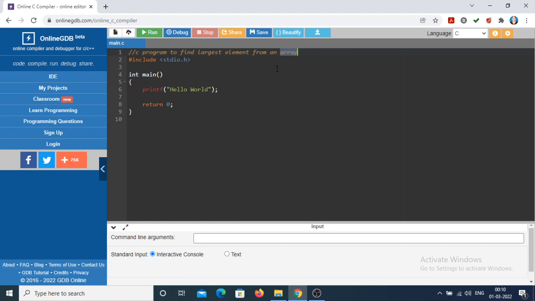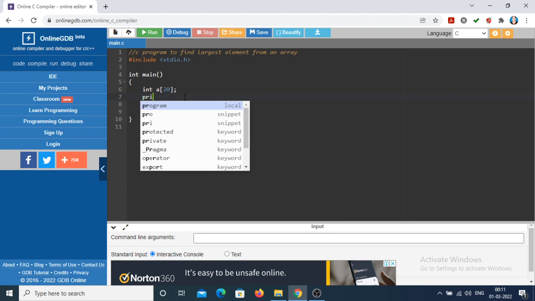from an array. So for accepting the values of an array, we need to declare the array first, right? So here a is my array, and I'm assigning the initial size as 20. That means 20 values can be stored in this array a, which is of type integer. That means you can store integer values in this array a. So this is the declaration, and again here I am accepting the value,